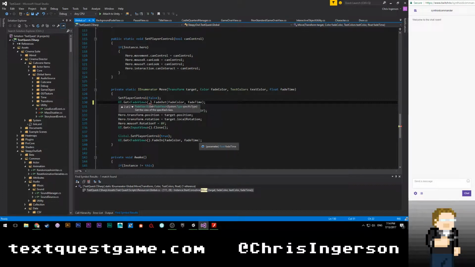System type, specific type. So we're going to say type of fade view. All right. And I might as well just do this. So fade view is equal to that. And then that's fine.